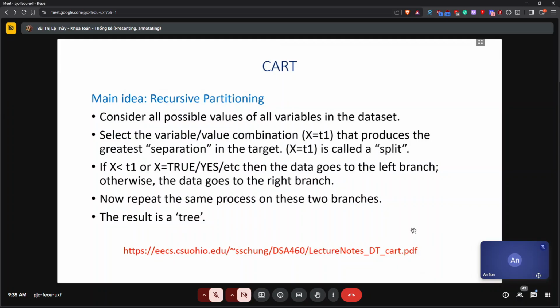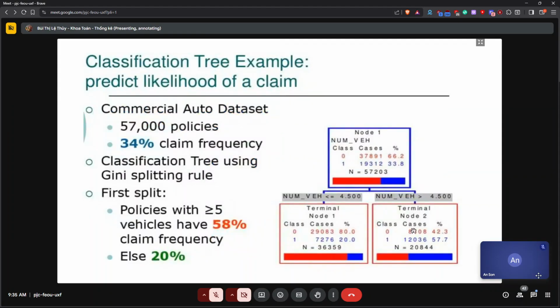So if you go to the next slide, here's an example of a tree. This is a classification tree example for predicting the likelihood of a claim. We have a commercial auto data set, 57,000 policies, and a 34% claim frequency. The classification tree looks at how we predict who is going to put in a claim.